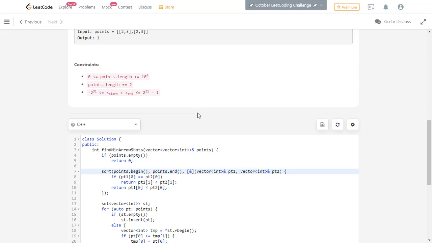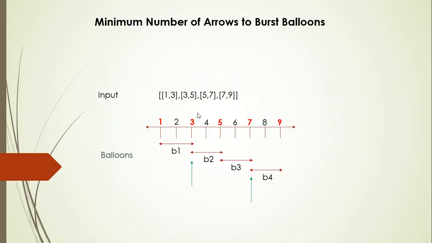Let's look at an example in depth. Let's say your input is 1 3 3 5 5 7 7 9. If you see, the balloons are touching each other at the ends. I have represented these balloon coordinates in a timeline in a coordinate space. You have one balloon from 1 to 3, then another one from 3 to 5, the third balloon from 5 to 7, and the last one from 7 to 9.